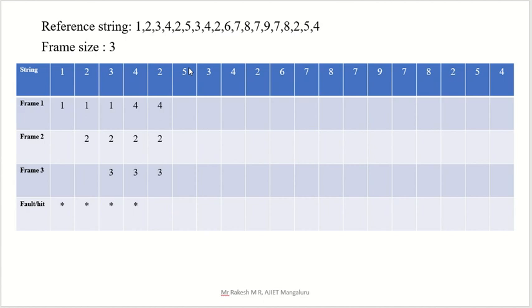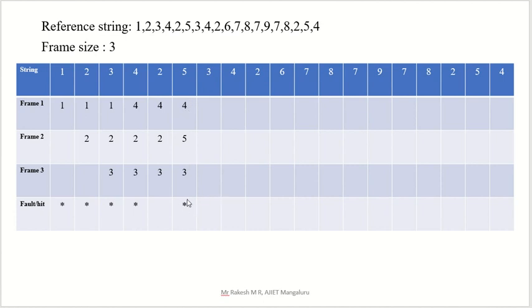Then 5. 5 means it is asking with the secondary memory, because the entry is not there, right? So we have to replace. See, 4, 2, 3. After 5, whichever numbers are there, out of these 3, which one was asked last? Here 3 asked, then 4 asked, then 2 asked. So 3, 4, 2. We replace the last one, that is 2. Replace that 2 with 5. Then 4 and 3 keep as they are.